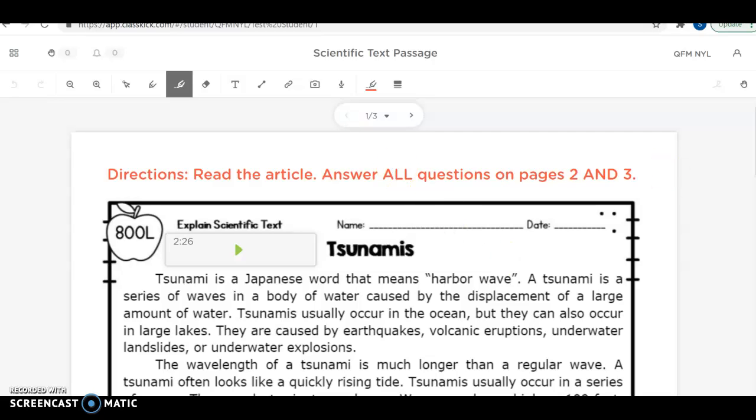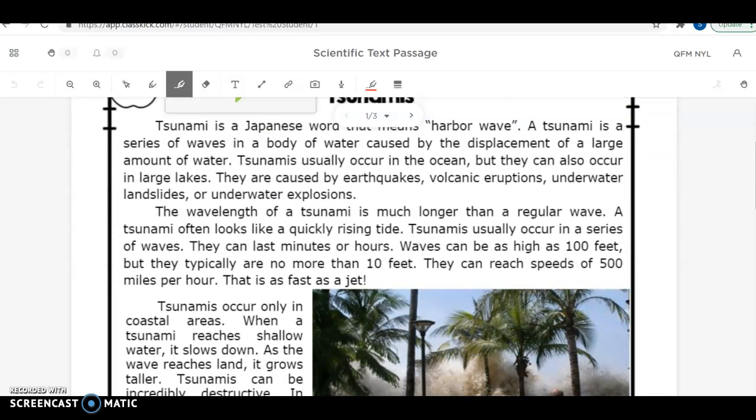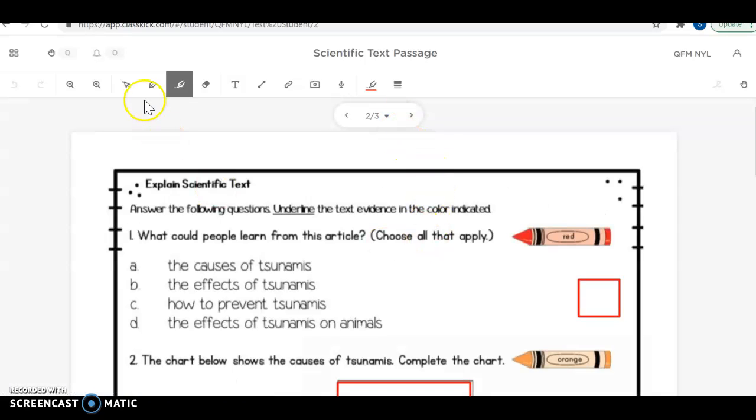You'll search for your answer, and your answer may not be directly in the text. You may be just finding some evidence that connects to your answer. It may not be exactly word for word written in the passage, and that's okay. Let's just say that this part of this sentence is the answer for number 1. So we'll highlight this, and then we can come back to page 2, and we can switch back over to